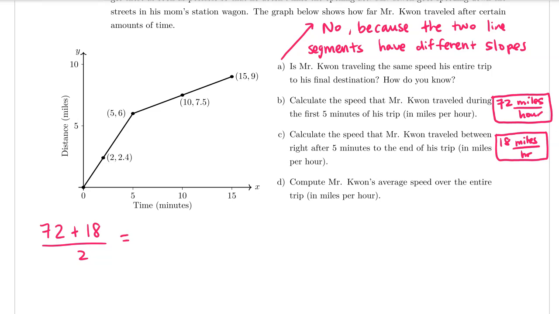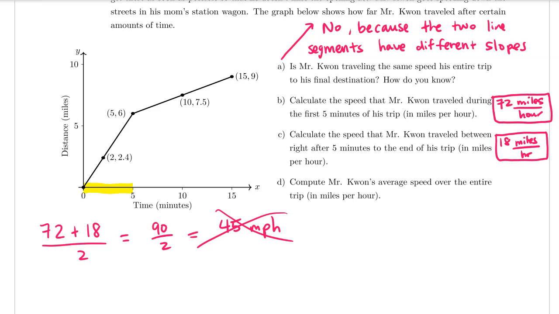taking the average, and 72 plus 18 is 90, and if we divided by 2, we'd get 45. I'm going to abbreviate miles per hour to mph, and this is not the correct answer, so think about why that might be. Okay, so if you said that the reason that we can't just take the average of the numbers that we found in the previous two parts is because I'm not traveling the same speed for an equal